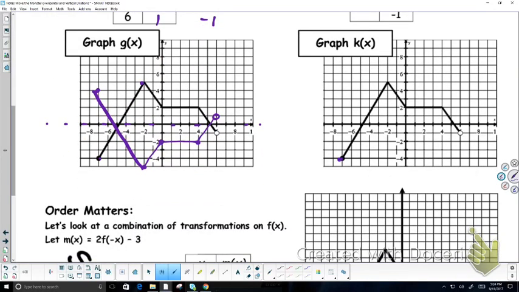This is -7, which means it's going to come over here and be +7. This is 6, it's going to come over here and be -6. This is -2, so it's going to be +2. 0 is going to be still 0. And this 4 is going to become -4. So you'll notice if